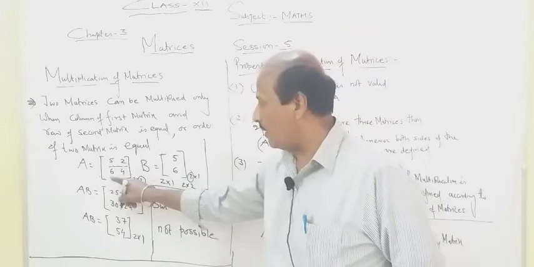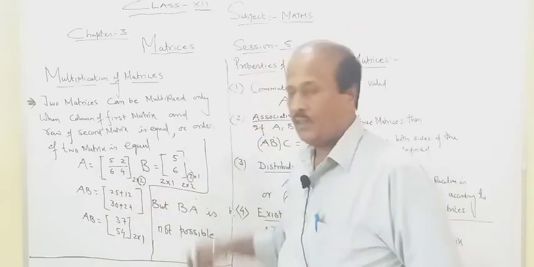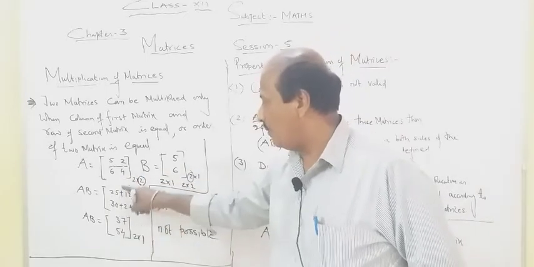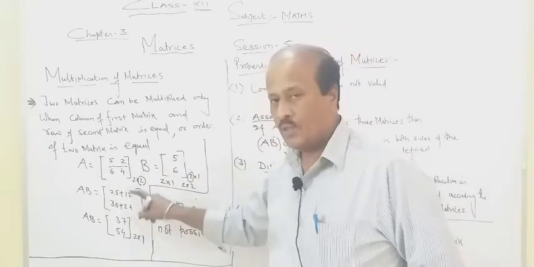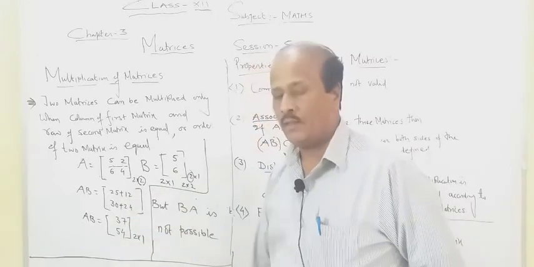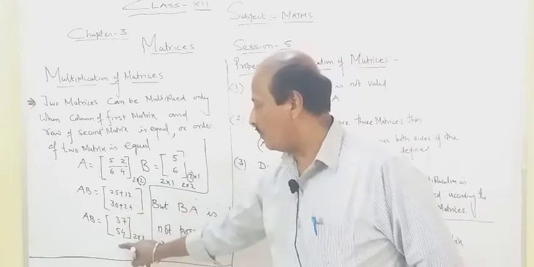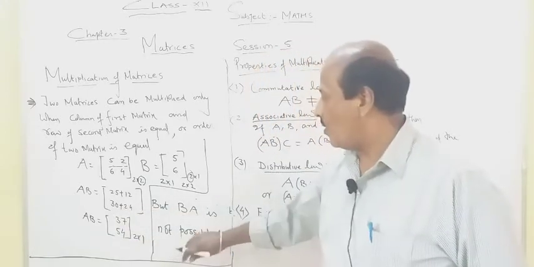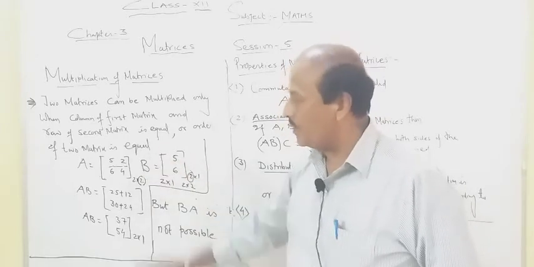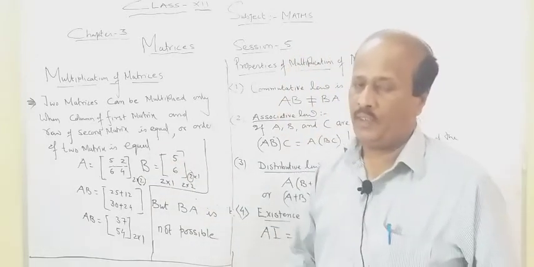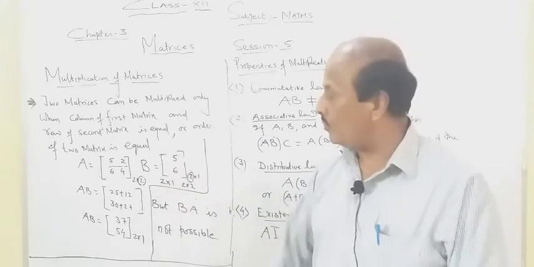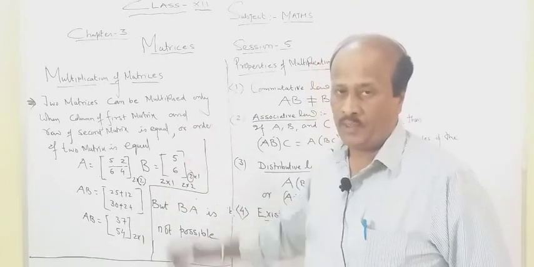The second member you will get by multiplying the second row with the one and only column. So 6 5s are 30 and 4 6s are 24. So the final result of AB will be 25 plus 12, 37, and 30 plus 24, 54. See the order? The order will be 2 cross 1. So this is the simplest example. There are many examples and many questions in the exercise. Try to do it. The more you do, the more familiar you will be with multiplication.